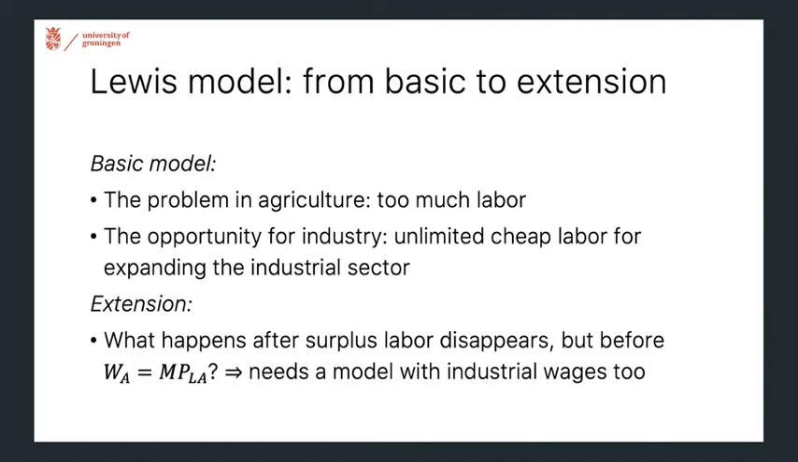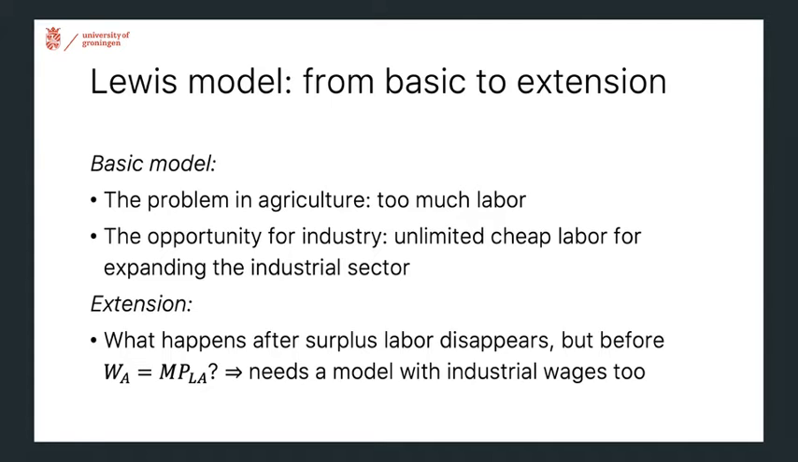In the basic model, we discussed how the problem was that there's too much labor in agriculture, and that this provides an opportunity for the industrial sector because it provides an unlimited source of cheap labor for expanding the industrial sector. Now, in this extension,